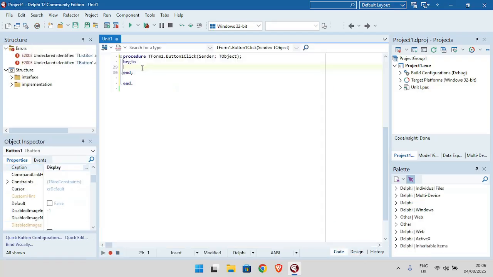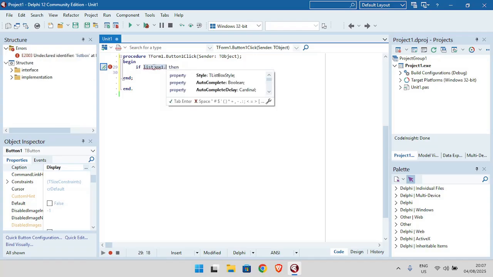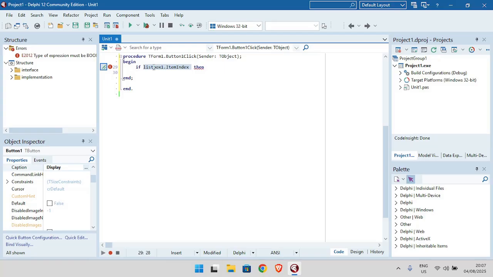Right, so when you click on the button, I'm going to use an if statement. You can also use a case statement or something like that. I'm going to stick with the if statement for now. So I'm going to say if Listbox1, so I'm going to test the item index. It's the integer value. That's why you can use a case statement for this one. Integer is an ordinal data type, so you will be able to use a case, but I'm going to stick with my if. So if it's 0,